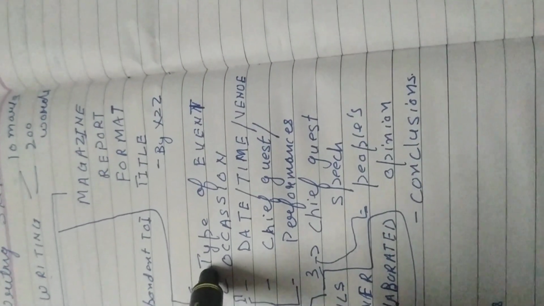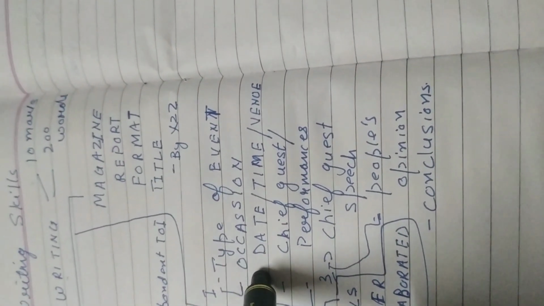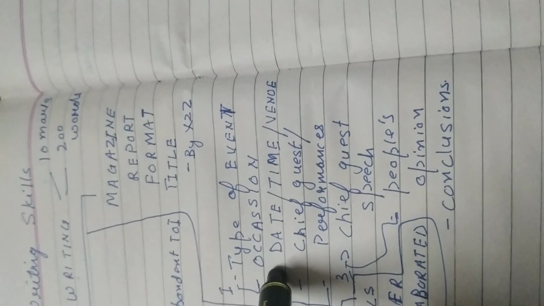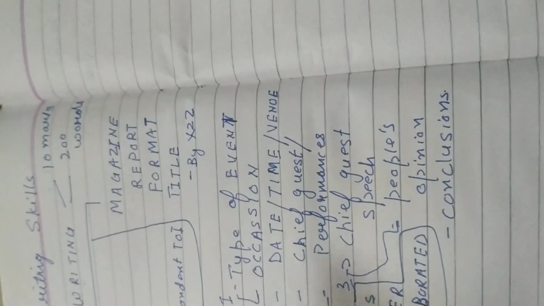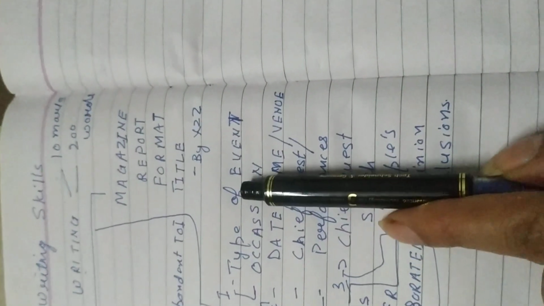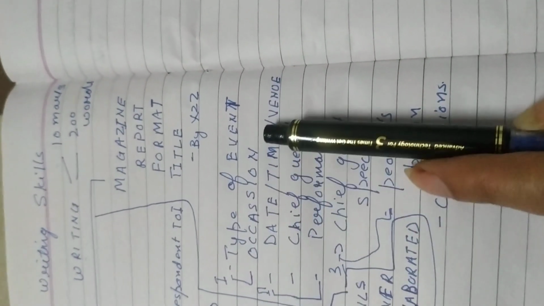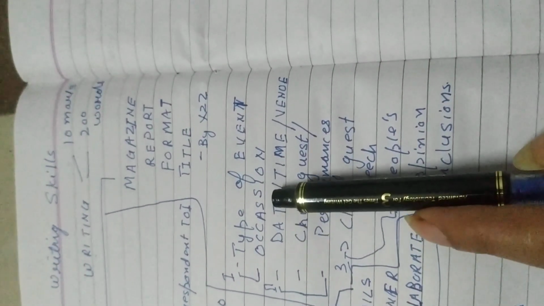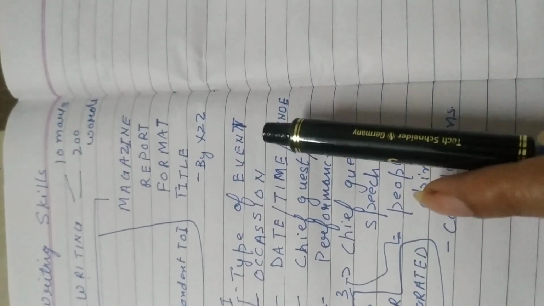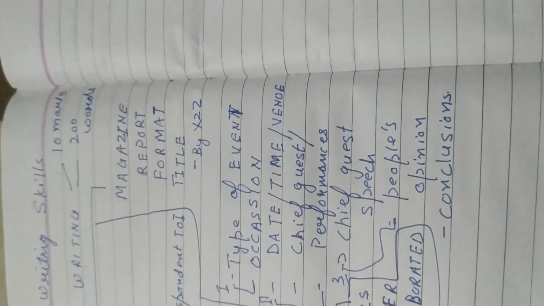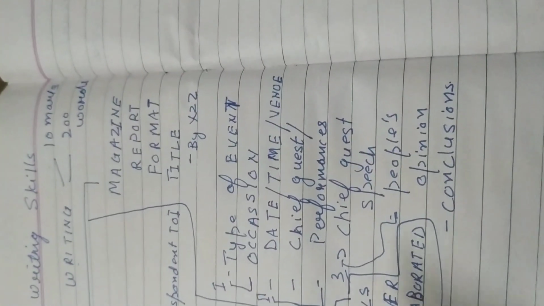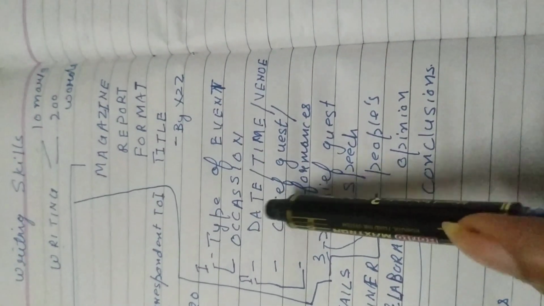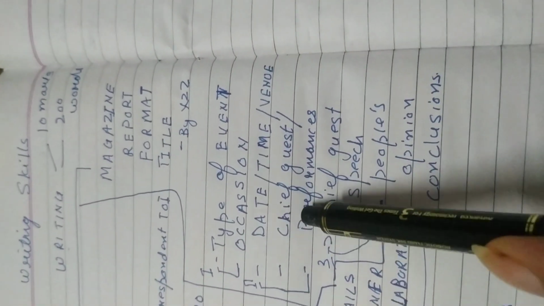Now, students, again, it is divided into 3 paragraphs. The first paragraph will contain the type of event and occasion. Like, suppose it is a Scholar Badge ceremony, then you will announce that every year the school organizes a prize distribution function that is named the Scholar Badge ceremony, and this year also the Scholar Badge ceremony was organized for the students of classes 9th and 10th in Dhwani auditorium. So this is how you have introduced your event.